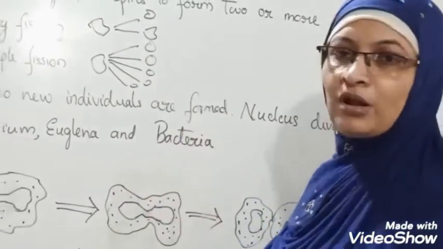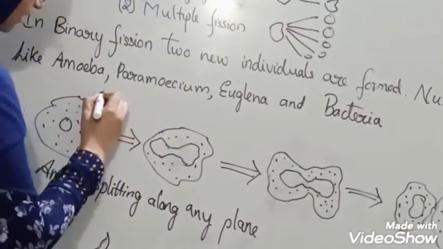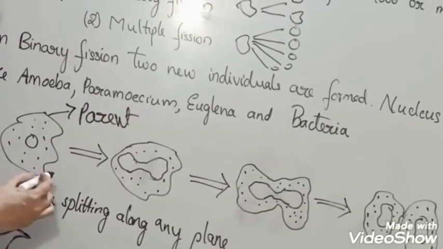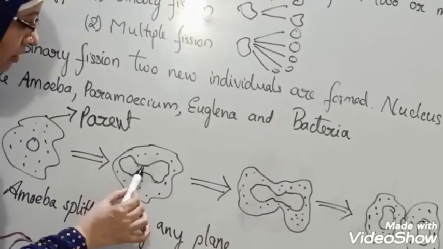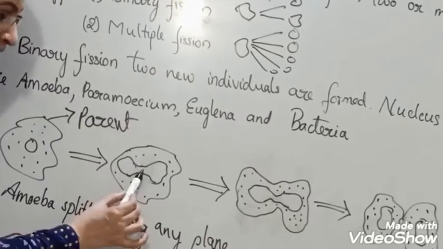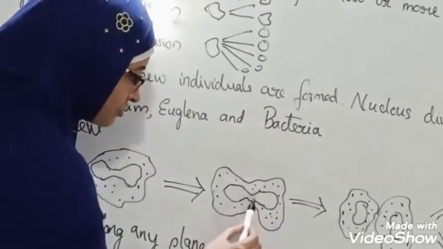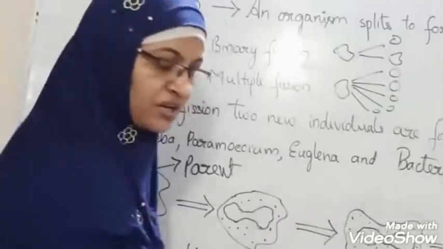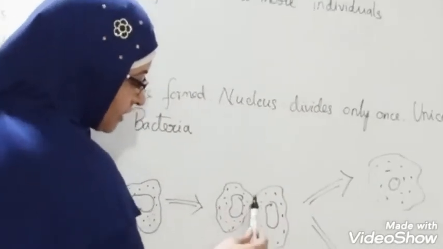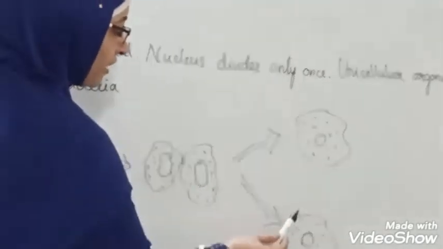Now for an example, I have drawn one amoeba here. Now we know that this amoeba is a parent cell. Now what happens in binary fission? First, the nucleus of the amoeba will get constricted in the center. Then in the second step, the cytoplasm will also try to get constricted towards each of the nuclei. Then the nucleus divides into two and the cytoplasm completely gets constricted, and when it matures, they divide into two